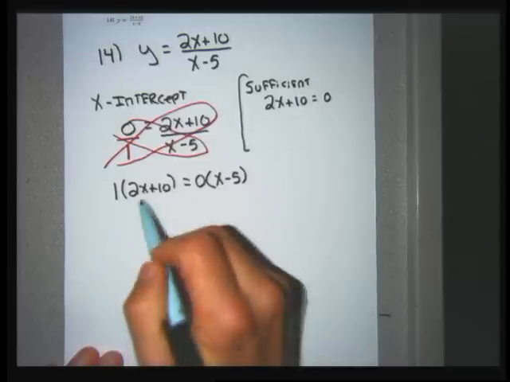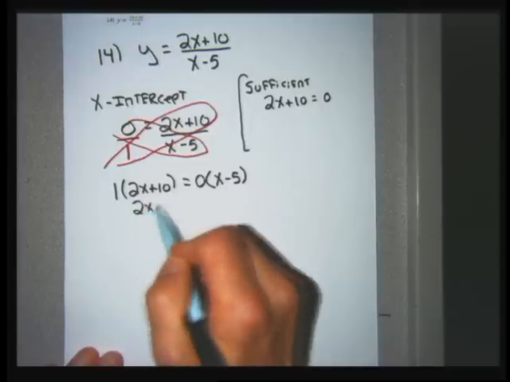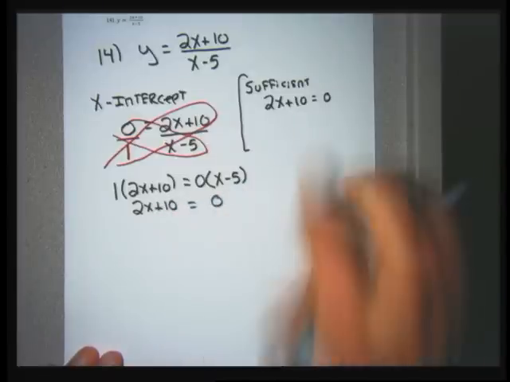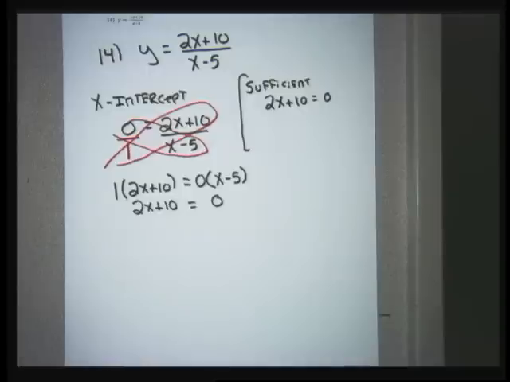On the left side, 1 times anything is itself, so you get 2x plus 10. On the right side, 0 times anything is 0. So that's why I said it would be sufficient just to set the numerator equal to 0. Anytime I'm asked to find an intercept and it involves setting a fraction equal to 0, it's enough just to set the numerator equal to 0 rather than going through clearing the fraction by cross-multiplying or some other